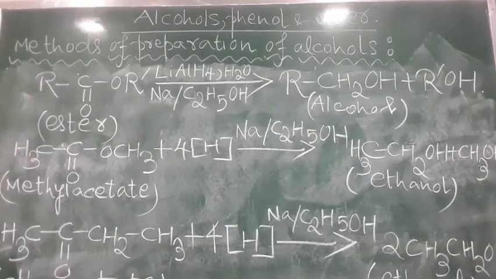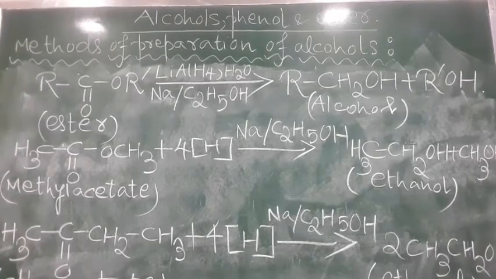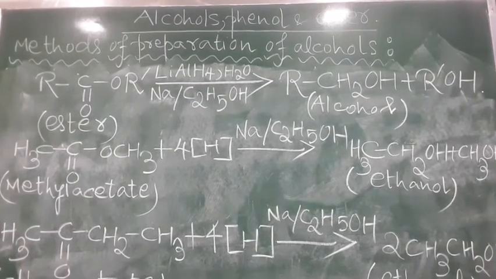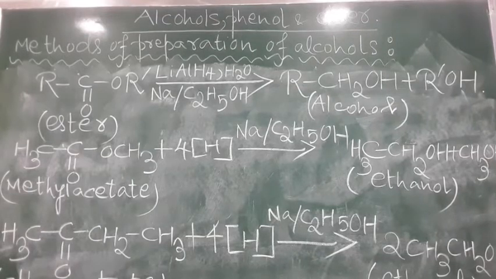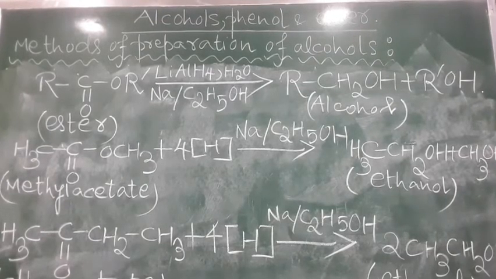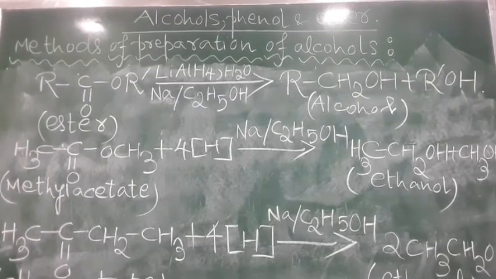Students, the method that I have shown right now is the preparation of alcohol by reduction of esters. You can see the general structure of ester. I have drawn R, C double bond O, single bond O, R', treated with lithium aluminium hydride. As I have said earlier, lithium aluminium hydride is a very good reducing agent, or you can take sodium dissolved in ethyl alcohol. It will give you the same product, an alcohol. In fact, a mixture of alcohols: RCH2OH plus R'OH.